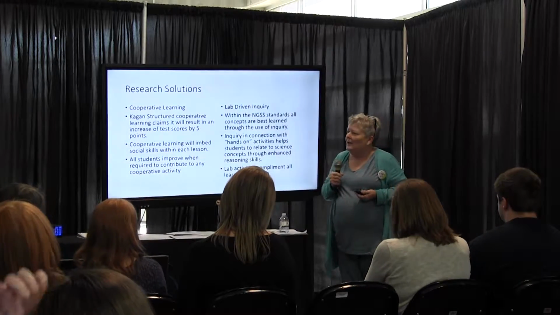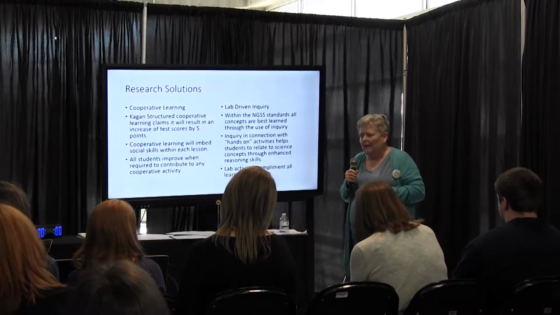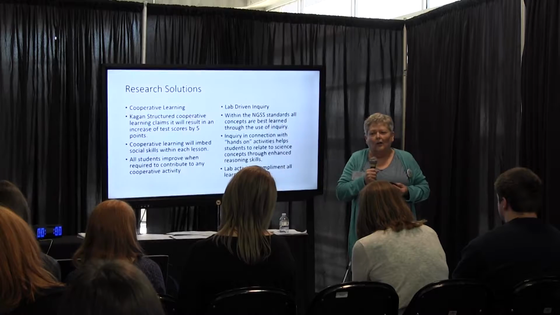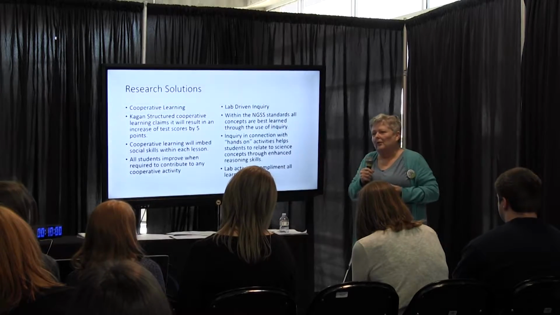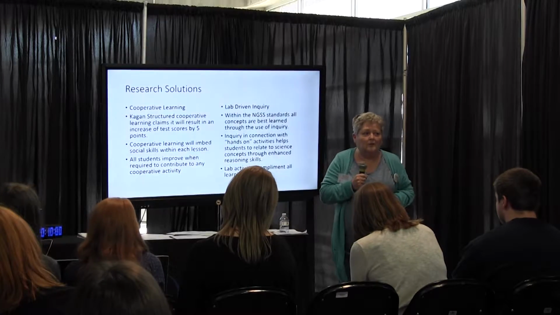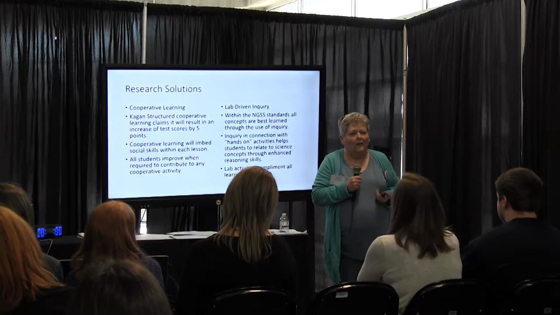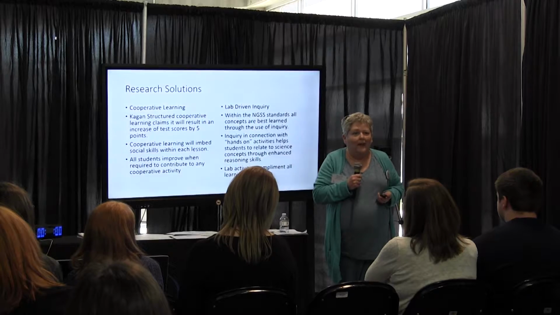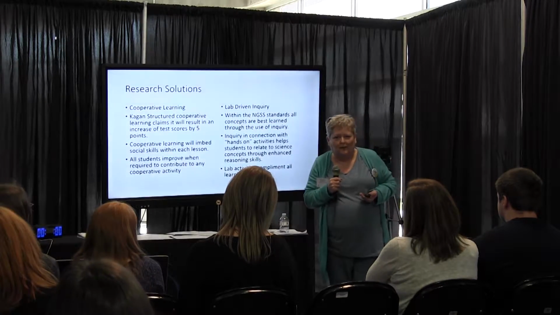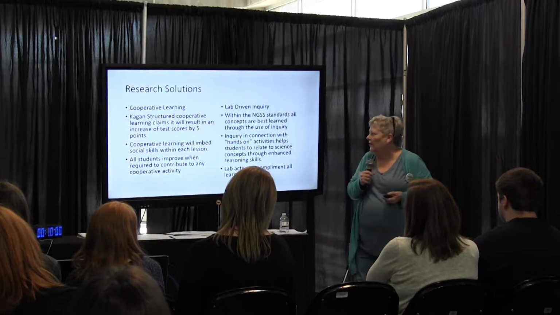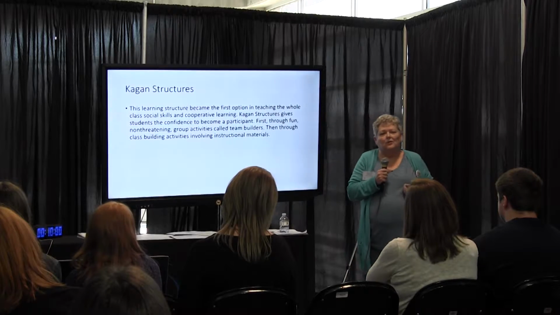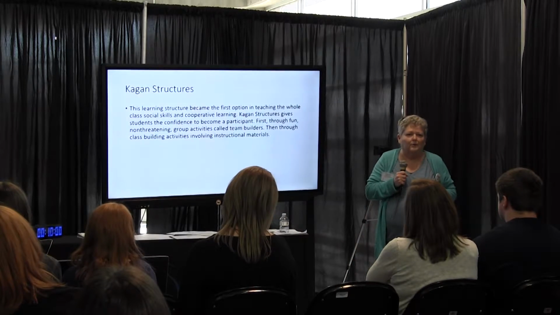And I started thinking about some of the things that I could do that would allow him to learn along with the rest of the students. And I noticed that the rest of my exceptional students and my traditional students all had the same problems. They're 7th graders, they're 8th graders. They need to learn how to be social in a correct way. I had just gone to a Kagan training in July. Now, Kagan is a specialized form of cooperative learning.